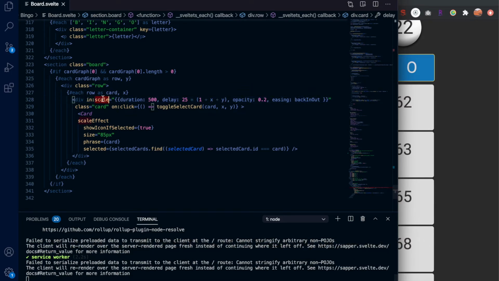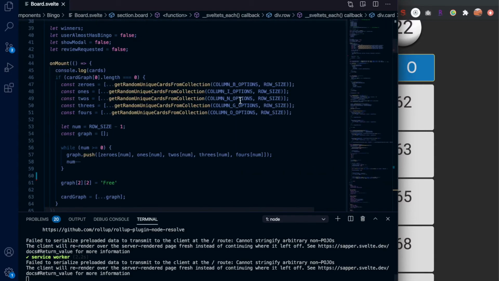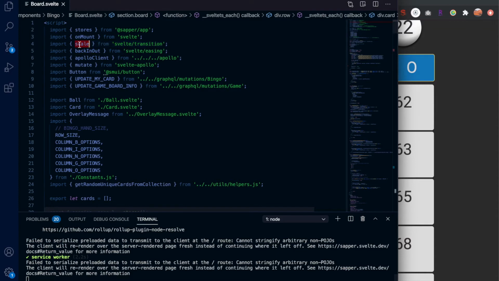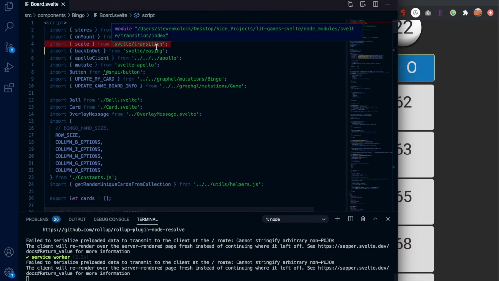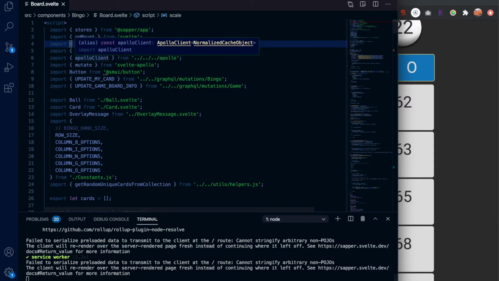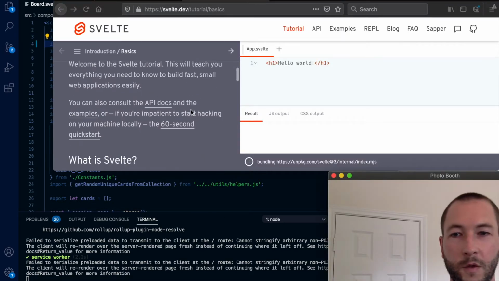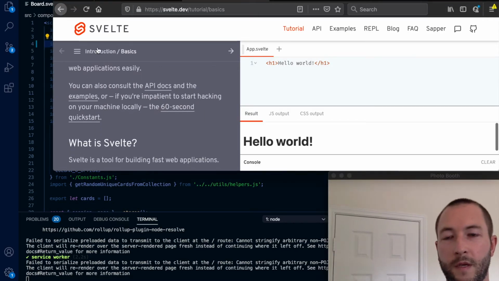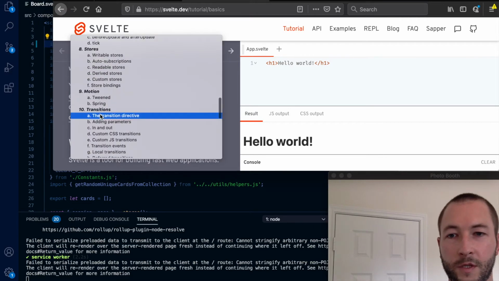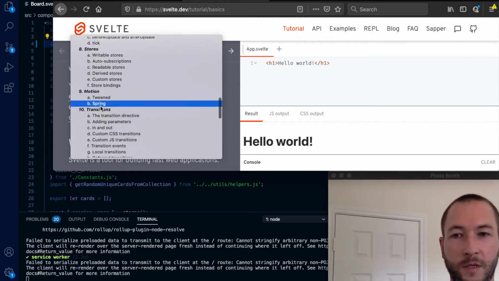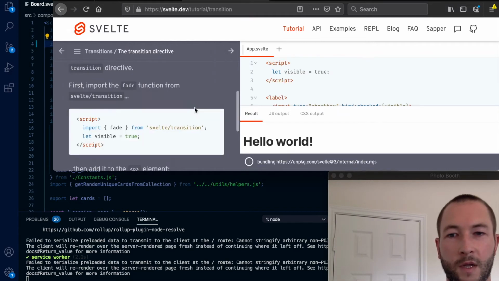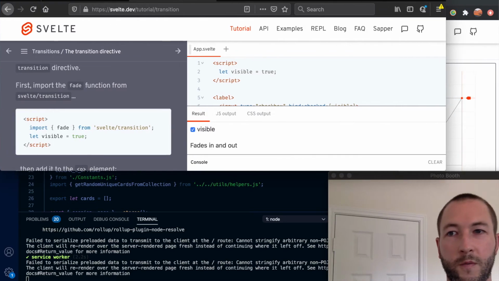Now, all we're doing, like I said, is pulling in capabilities that we get from Svelte itself. So scale comes from the Svelte transition package, and there are a whole host of them. Fly is another one. You go to the tutorial, and then if you go down to transitions, so motion has tweened and spring, which I'm not going to go into here, and then transitions, a lot of the different options here. So then if I were to